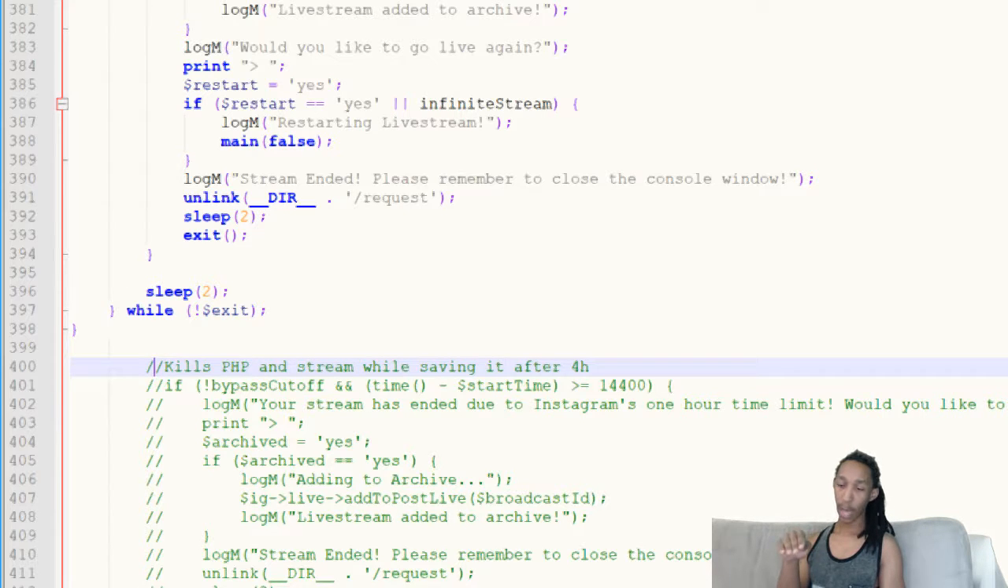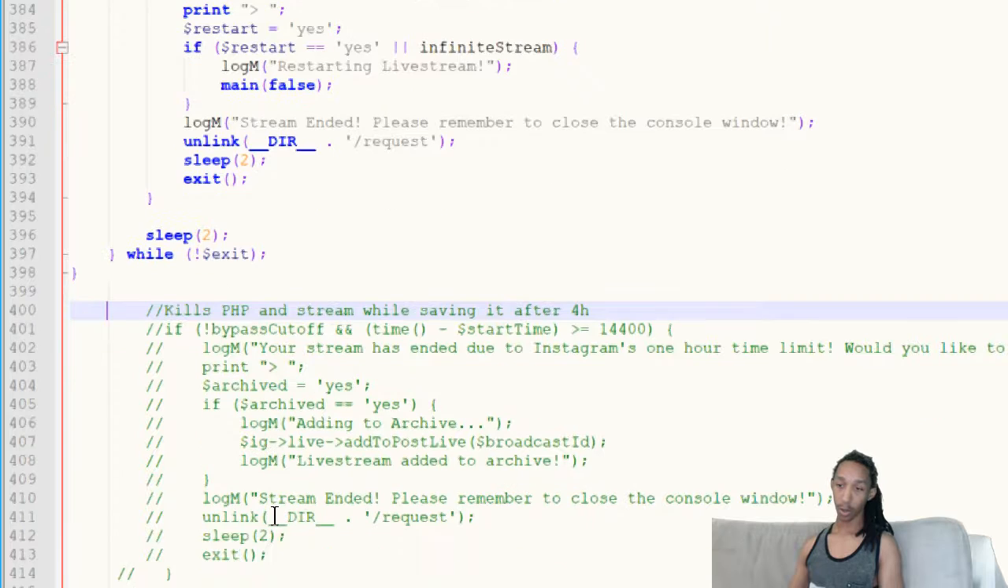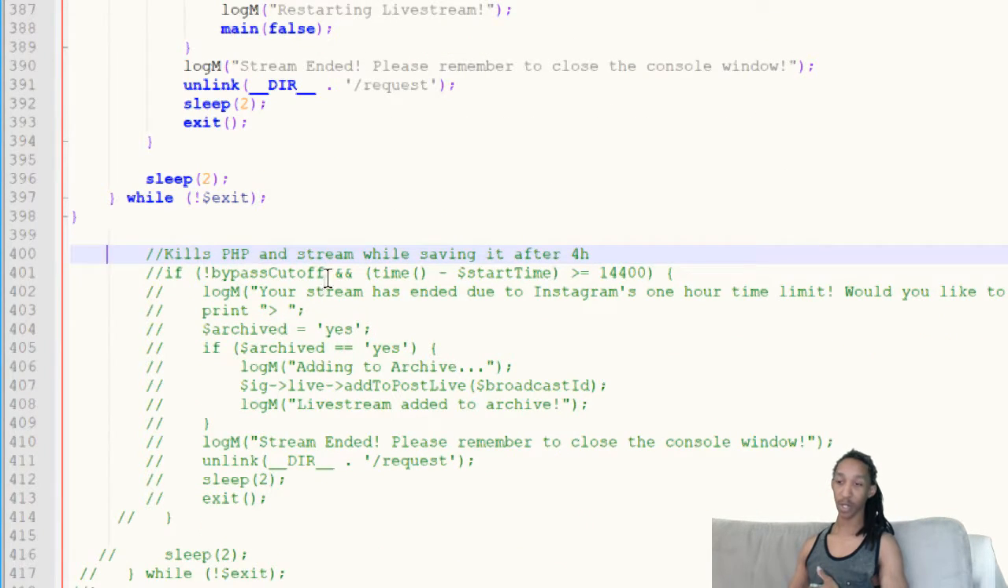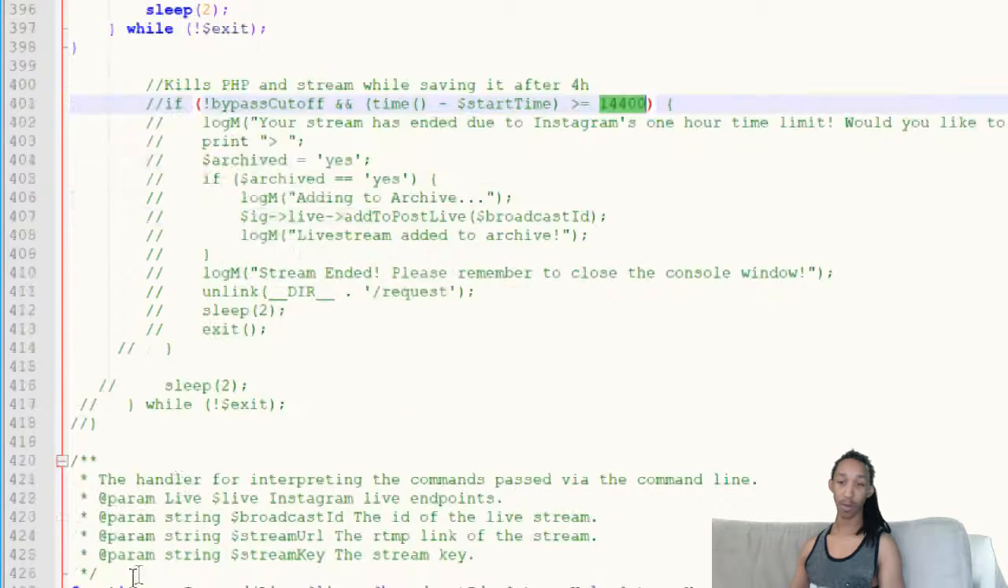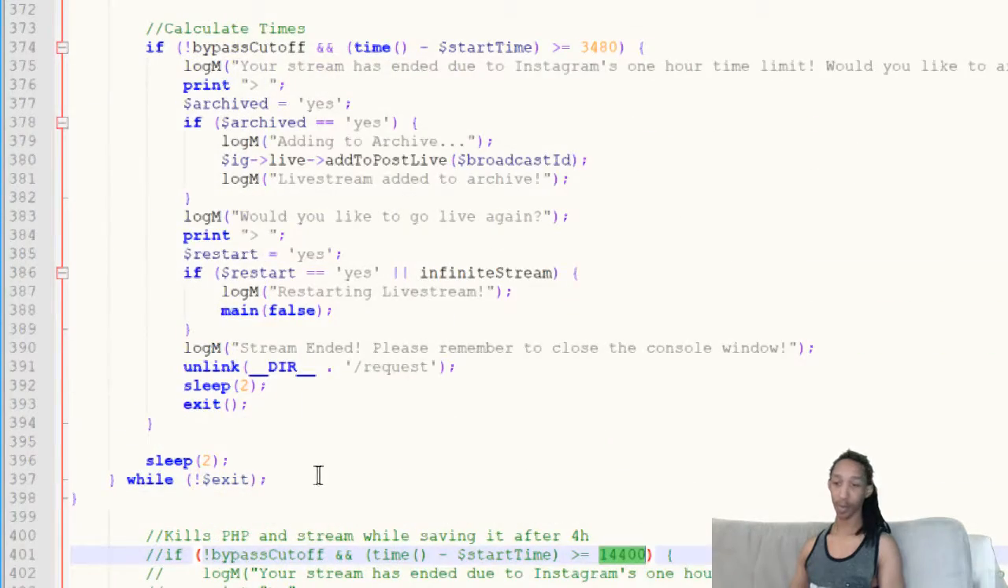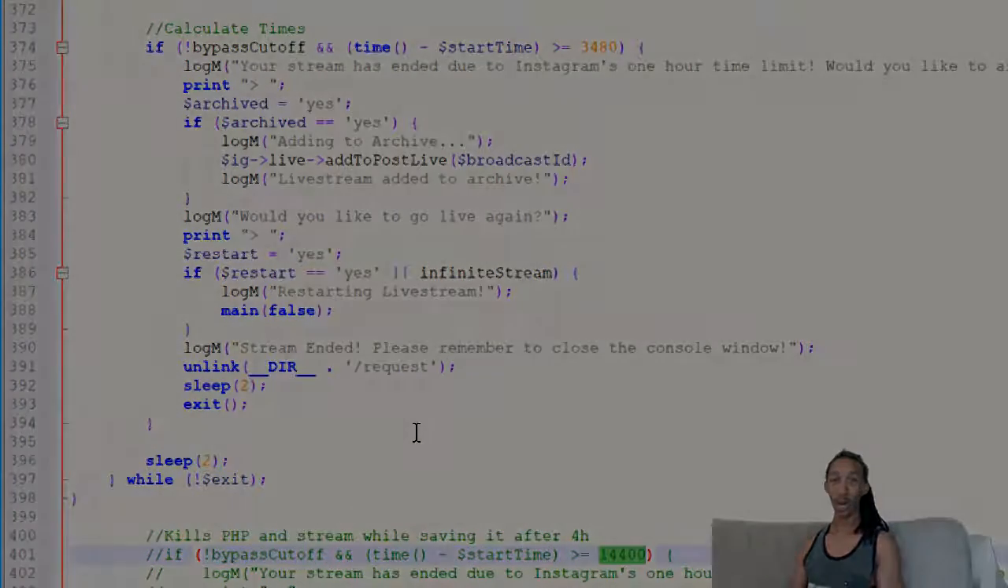So what will happen for this is basically, what I'm assuming, because I didn't make this, is it just does the same bypass cutoff time, but it waits even longer for the 4 hour mark, and then it does everything for you as far as archiving, taking out the stream for you, and then closing out the stream and just ending it, right? So that's where Haroni